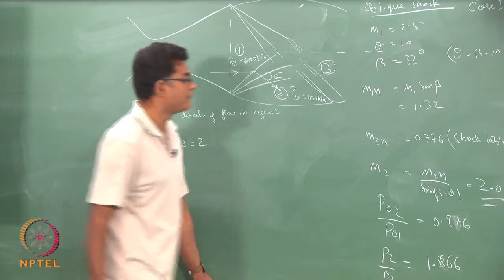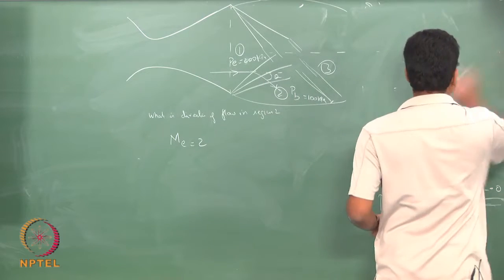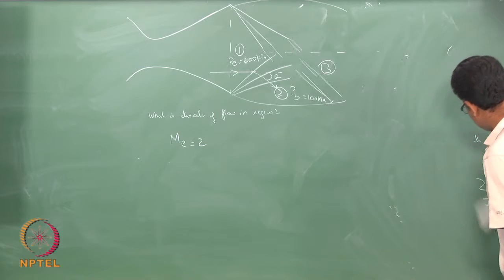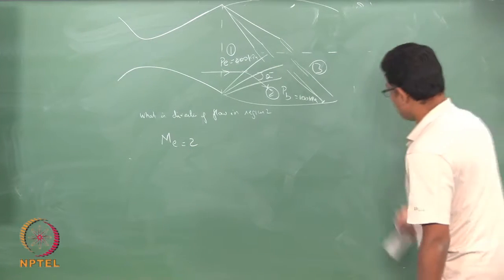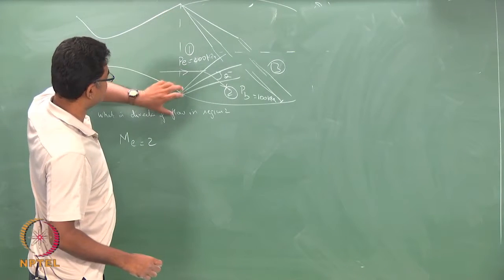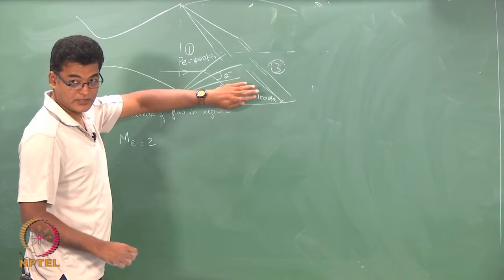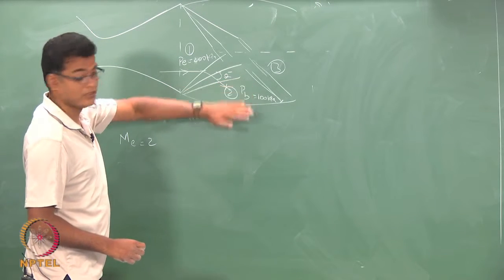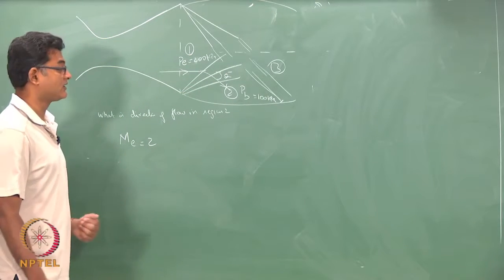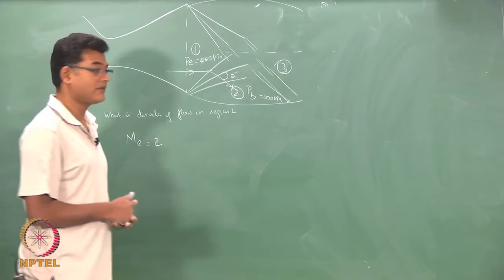Now, you have to assume a few things, because the Mach numbers are changing all along this region. If I want to do the 1D analysis, what we have been doing, I will have to assume Mach number 2 to be the same everywhere, and then in this particular region I have to assume the Mach number to be the same, and then only I can do this particular problem if I want to stick with 1D relations. Otherwise, you have to solve the full set of the so called momentum equations, which is our Navier-Stokes equation.